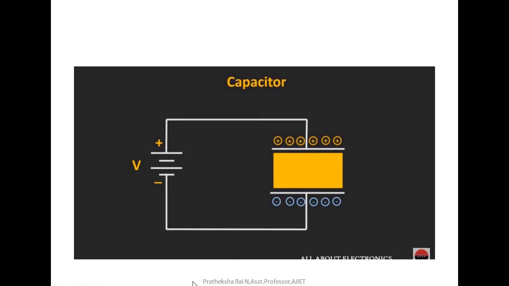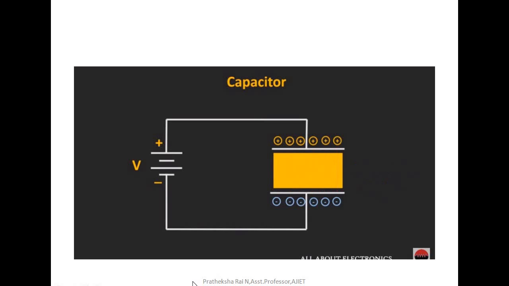Now because of this potential difference, the electric field will get developed across the two plates, and this developed electric field is directly proportional to the potential difference and it is inversely proportional to the distance between the two plates. So smaller the distance between the two plates, the stronger will be the electric field. So in this way, when we apply the voltage to the capacitor, then the charges are developed across the two plates of this capacitor, and because of the development of the charge, the electric field is developed between the two plates. So in this way, the capacitor stores the energy in form of this electric field.